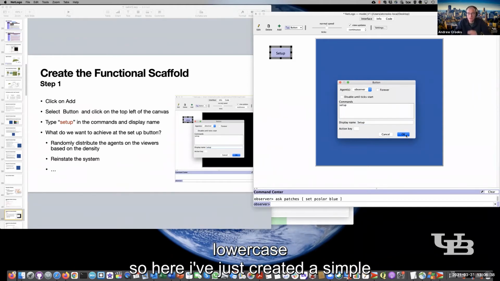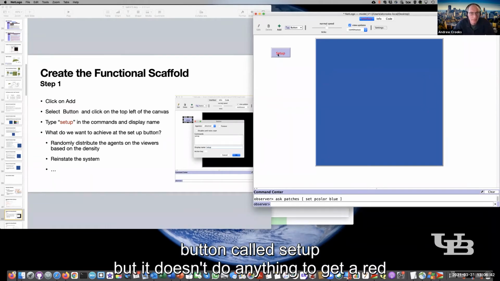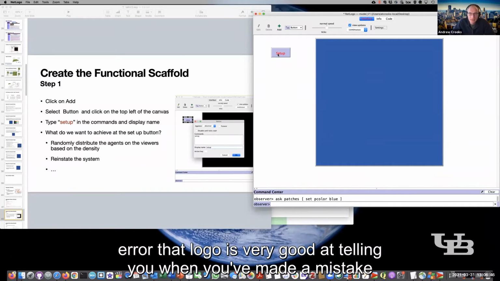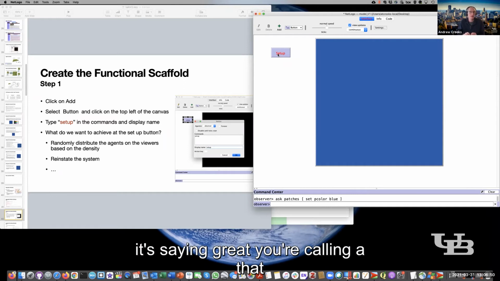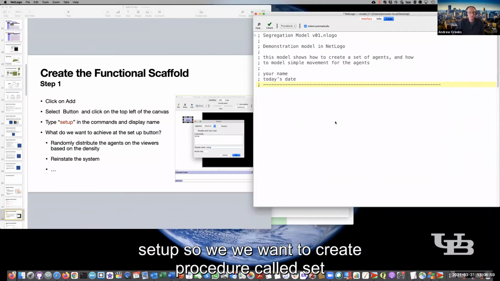So here I've just created a simple button called setup, but it doesn't do anything. You get a red error. NetLogo is very good at telling you when you've made a mistake. Basically what it's saying is, great, you're calling a command called setup, but in the code tab, there is no command or procedure called setup. So we want to create